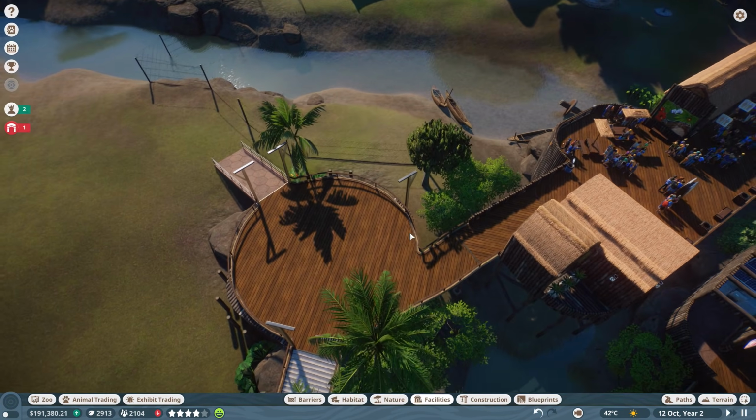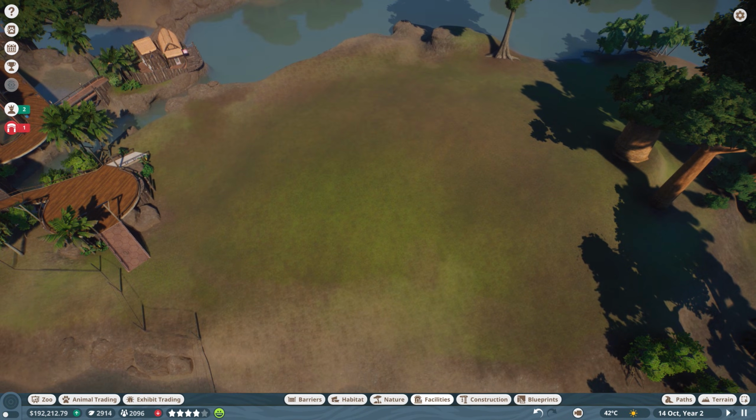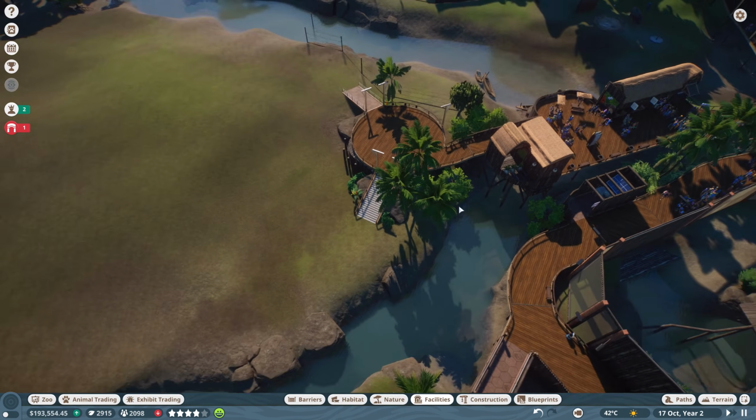This one already has paths over here, so perhaps over here we probably want to build an enclosure or habitat. This is probably the best place to build the next one, honestly. Instead of building it over on that island and then having to build a bridge across the waterfall, let's do it right here, because there's already a path over here, you know, so...